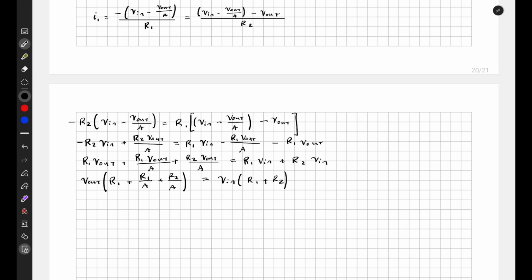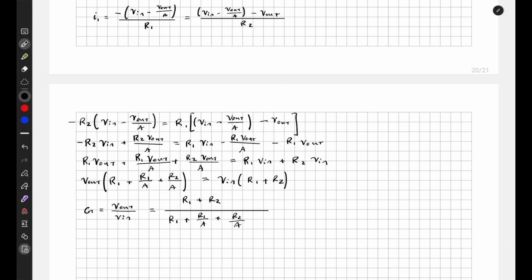And now we need to solve for the gain. The gain is defined as V out divided by V in. So that is just R1 plus R2 divided by R1 plus R1 over A plus R2 divided by A. And we can be done here,